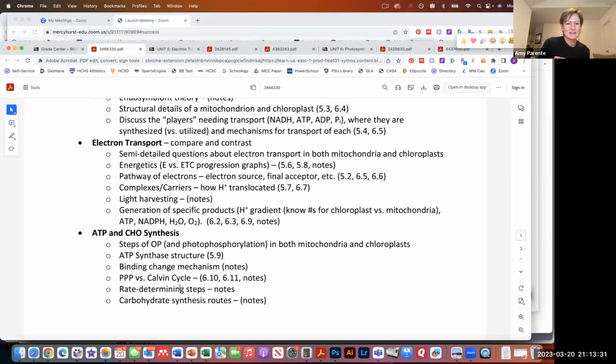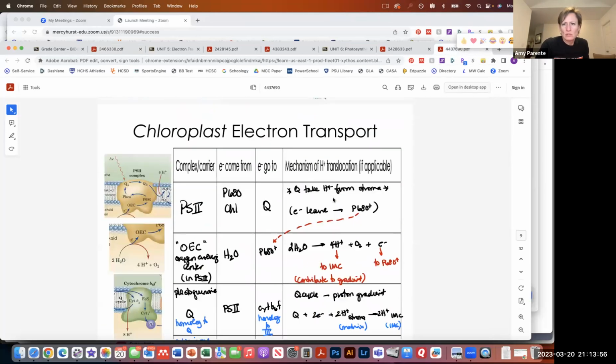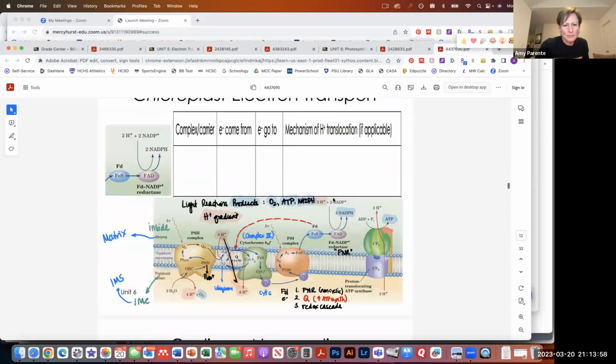Comparing and contrasting the pentose phosphate pathway versus the Calvin cycle. There's homology that we have here. Rate determining steps. Thinking about the compare and contrast there. A little bit about, we talked about carbohydrate synthesis routes. We didn't do a ton in lecture, but I do want you to remember things about